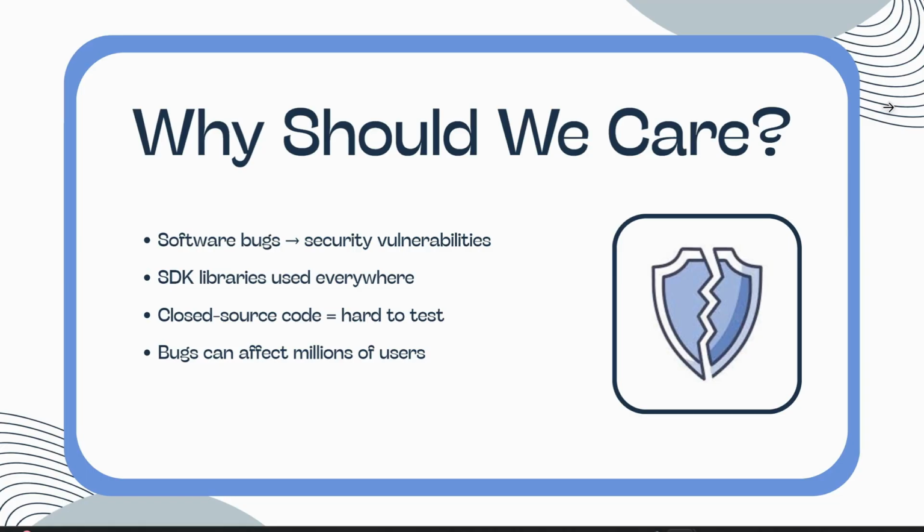Software vulnerabilities remain one of the most common causes of security incidents today. Modern applications rely heavily on shared libraries provided by software development kits, or SDKs. These libraries handle tasks like processing images, rendering fonts, parsing PDFs, decoding audio files, and many other core functions. If a vulnerability exists inside one of these libraries, it can affect every application that uses that library. For example, if a vulnerability exists in a PDF processing library, it could potentially affect many programs that open PDF